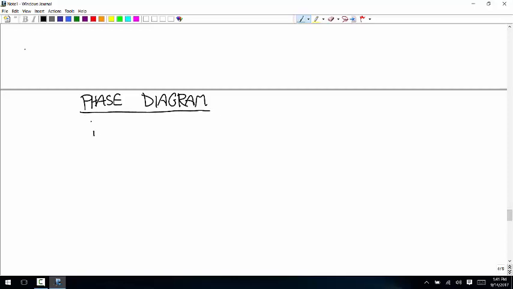That has pressure on the vertical axis, temperature on the horizontal axis. And there are two of these depending on whether the material expands or contracts on freezing. Again, that's not going to matter for our calculations, but